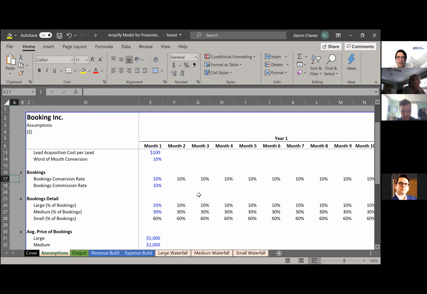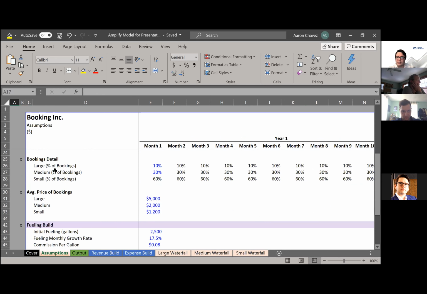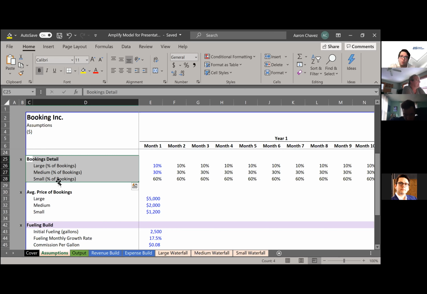As we work our way down, you'll see we have the booking details, because of course, not all bookings are created equal. Some are big, some are small, some are medium. So in this scenario, I want to give an example. If you have 3 different types of primary referral partners, then probably one of them is going to be high, one of them is going to be low, and one of them is going to be average. Finding ways to use assumptions and averages and easy numbers for the sake of projections is only going to benefit you. And the reason I say this is because